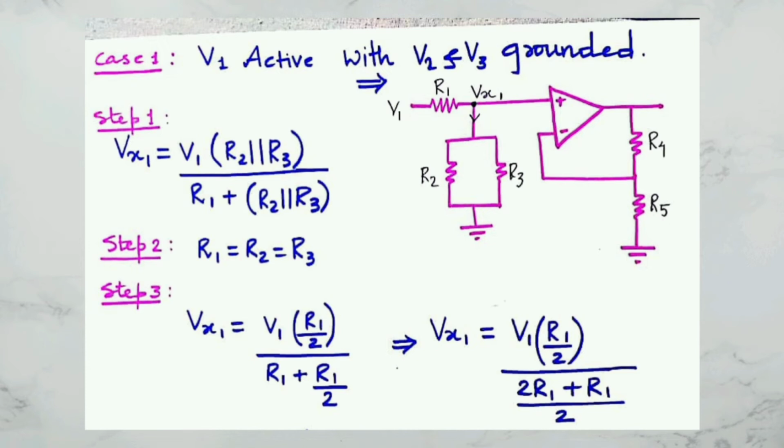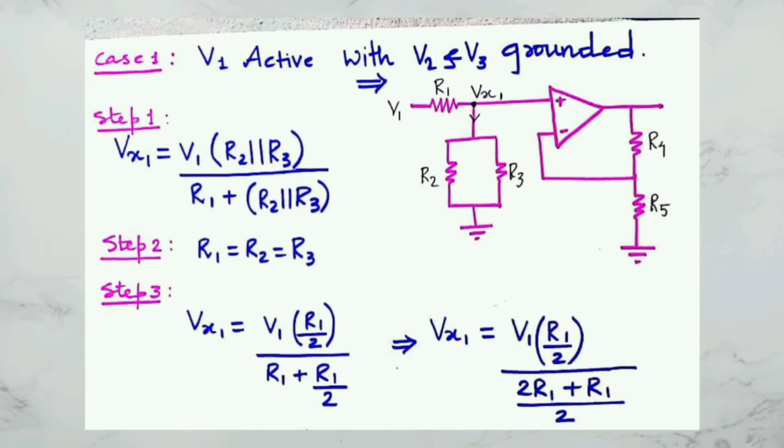Now step 1: Vx1 is equal to, we have derived an equation there. How did we get that? That is simple, by applying the voltage divider rule. By applying the voltage divider rule at that point, you get this equation. What is the voltage divider rule statement? Whichever voltage we are finding, here Vx1, will be equal to the total voltage times the resistance across which we are finding it, divided by the sum of the resistances.